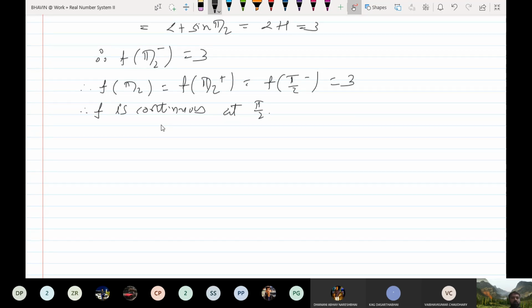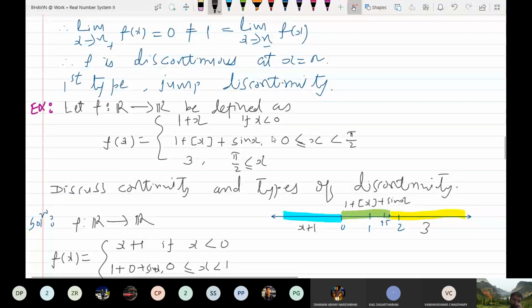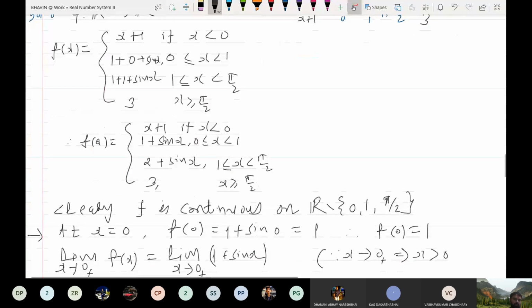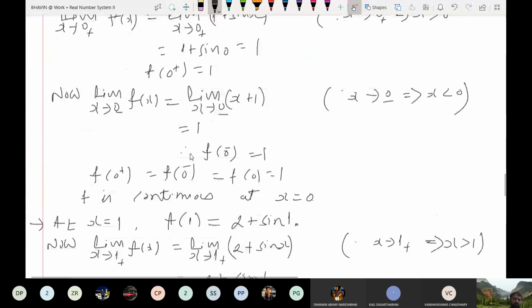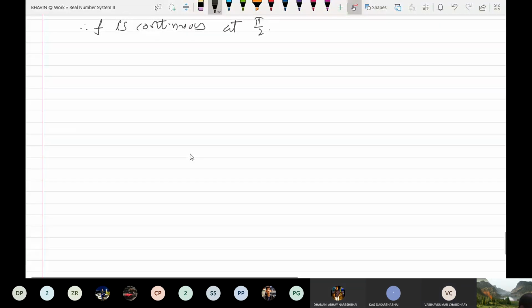So this is a very important example. Why is this important? Because here, see, it was given as defined at 3 places, but from here one more point comes out and the 3 becomes 4. Clear? Do you understand now? Yes, sir. Fine. So this is a very important example. So now let me put some examples in homework.